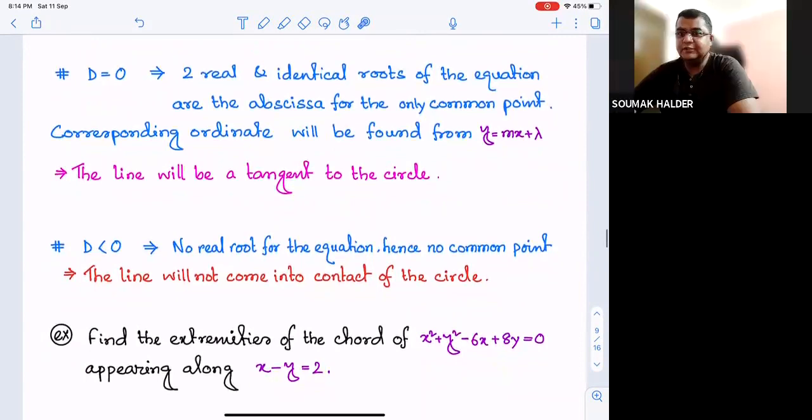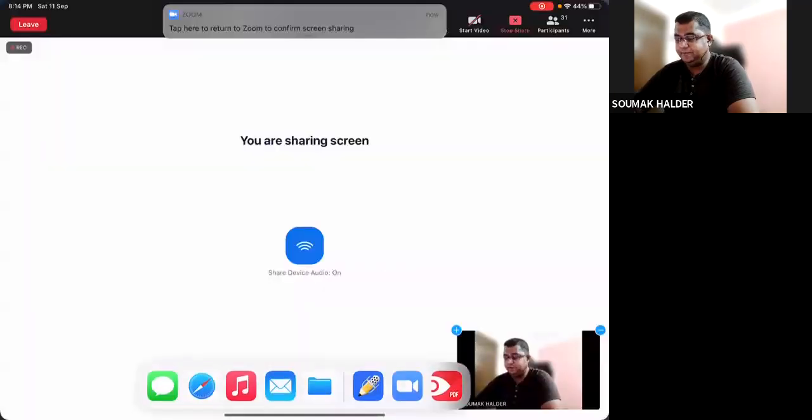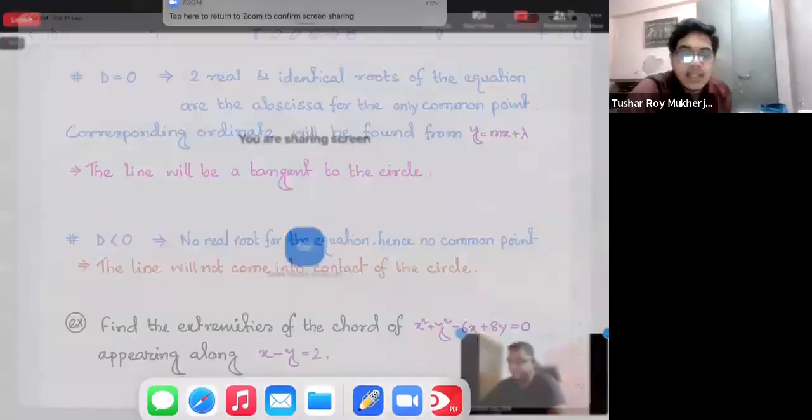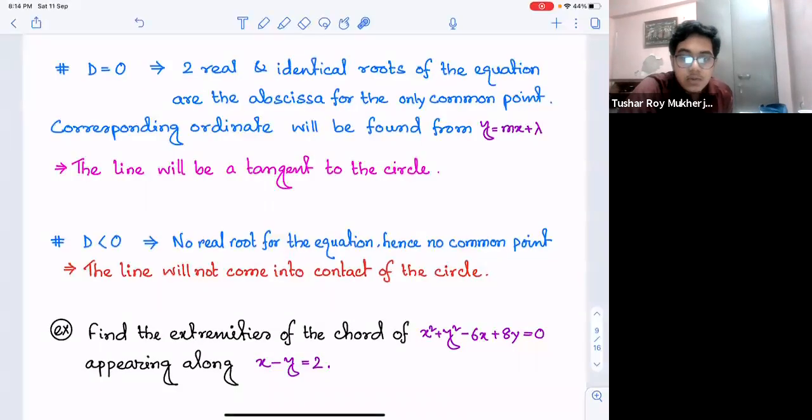So can anyone answer me what will be the initial approach to this solution? Sir, from the second equation we will get x equals 2y, that is 2 plus y, and we have to substitute it in the first one,